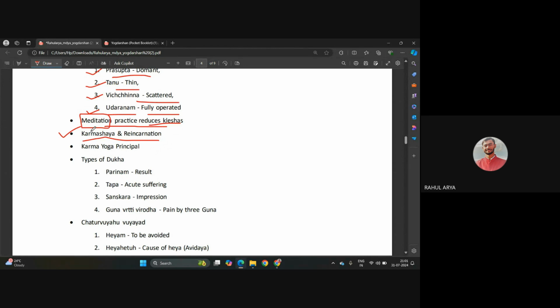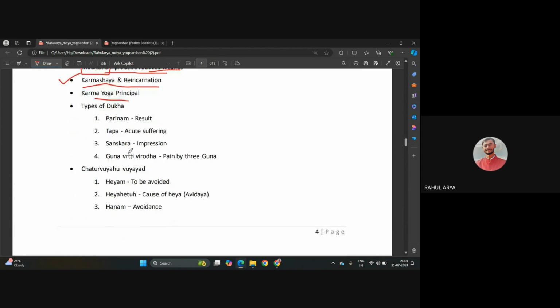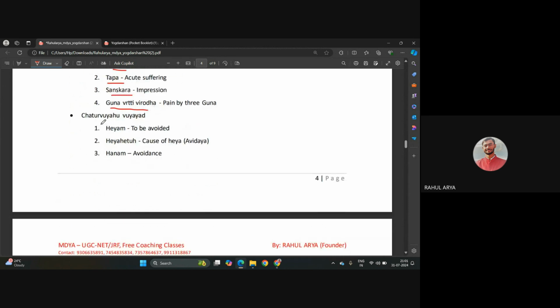The Karma Siddhanta is described in chapter number 2, Sadhana Pada here. The principle of the Karma Yoga and the types of Dukkha: Parinama Dukkha, Tapa Dukkha, Sanskara Dukkha and Guna Vritti Virodha. So 4 kinds of Dukkhas are described here. And after that,